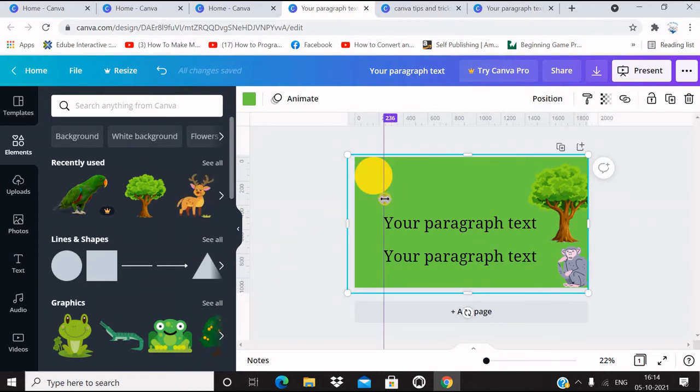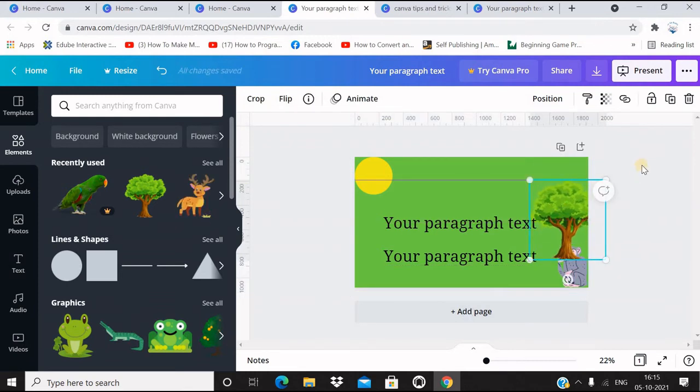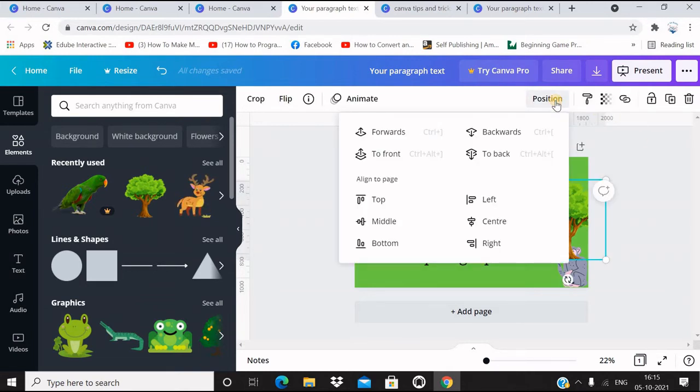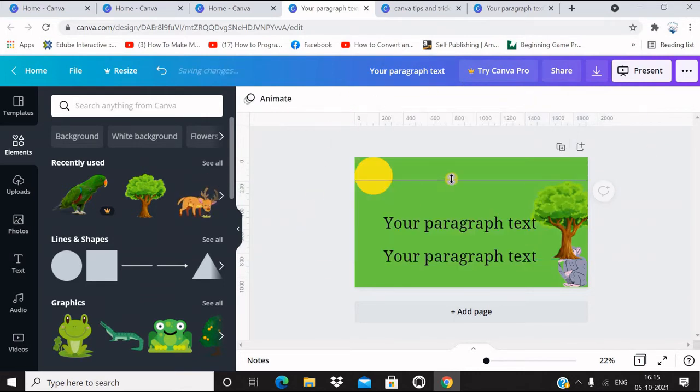To remove the grid line, you can just select it and drag it back. On the top also grid lines are available. If you want to arrange the tree top at this line, you can just drag it, do it like this. So there are two tools available. One is the menu that is available through position, and the other one is the use of grid lines.